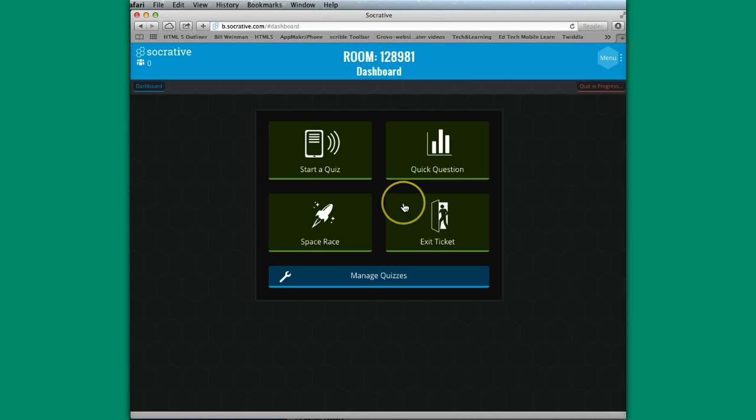So here is your dashboard. If you have seen any of the other tutorials I've done, starting a quiz and managing a quiz is really where you're going to be probably going most of the time, and what you might be familiar with. But Exit Ticket is what I'm going to show today, and that's a really great tool for just-in-time formative assessment. You really don't have to do a lot of prep on this at all in any particular class period. After maybe you've done some lecture, they may have participated in an activity, but some learning has taken place